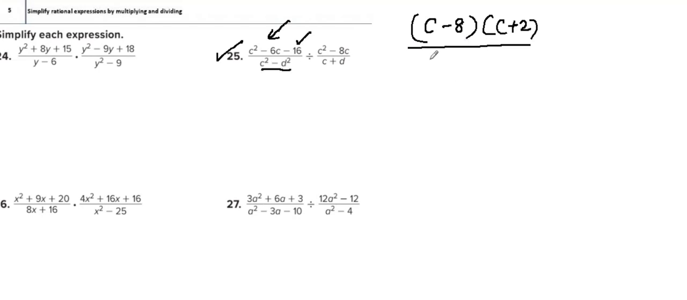The a square minus b square formula you need to use: a plus b, a minus b. And this divide changes into multiply and swap it. So c plus d you have to write up,